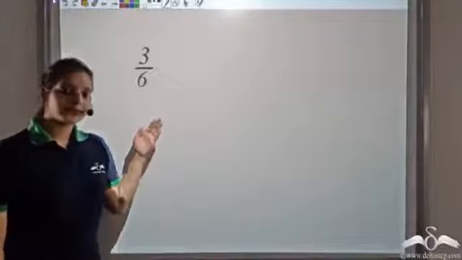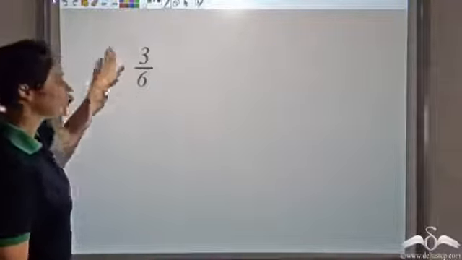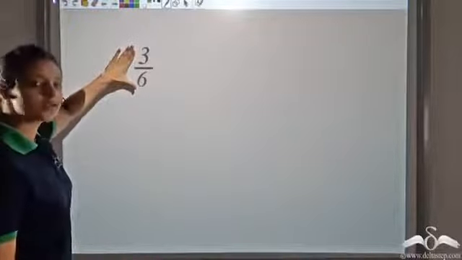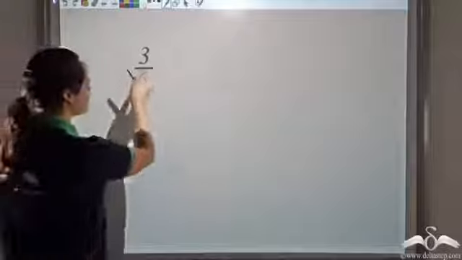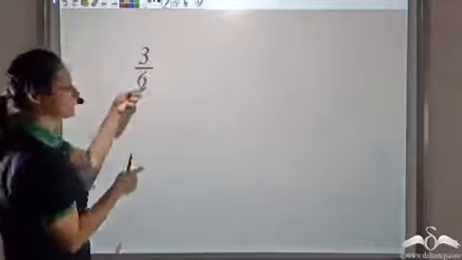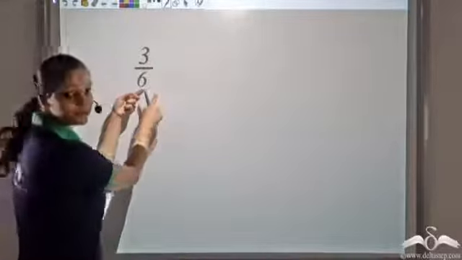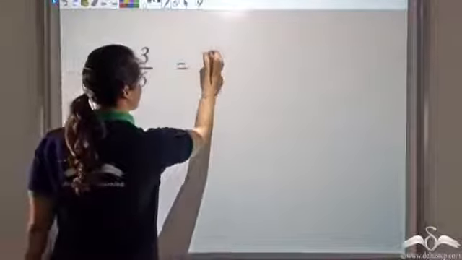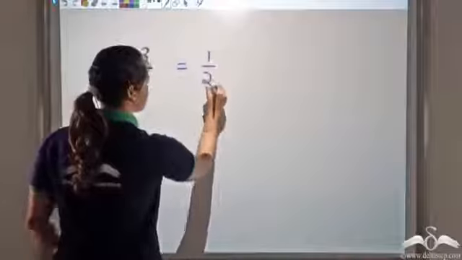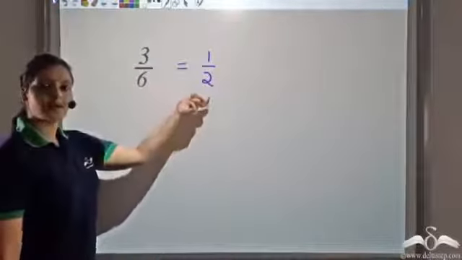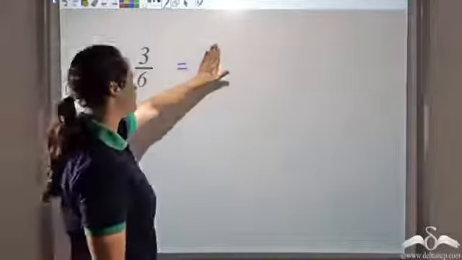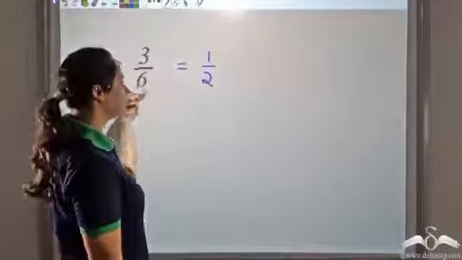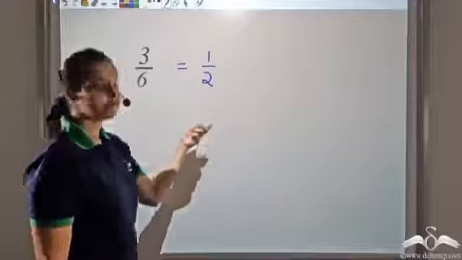This is a rational number. Now, I usually do not leave a rational number like this. I reduce it to its simplest form. What you can see is that 3 and 6, if I divide both numerator and denominator by 3, I'll get 1 by 2. So 3 by 6 is equal to 1 by 2, and I write my fractions in the lowest form always. That is, I reduce it to the simplest form.